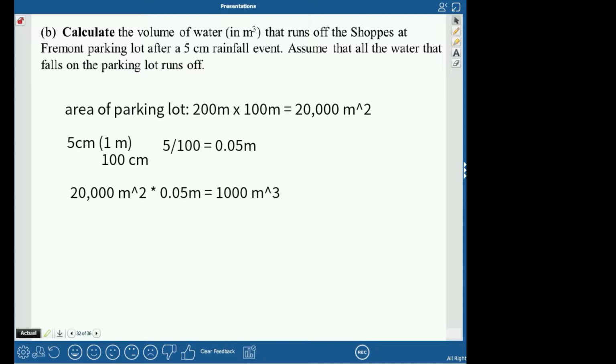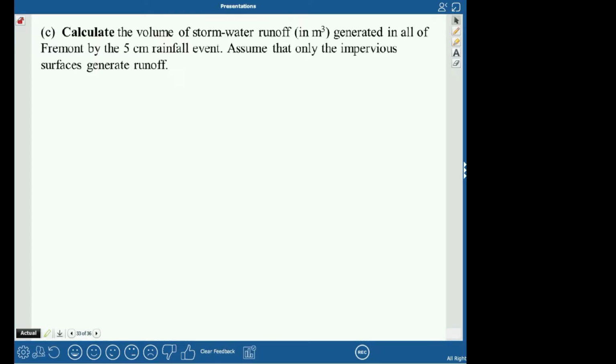So that would be this one, you would get full points, right? Because we showed our work and then we had our correct answer right here. You can show your work in sentence form, so you could say, the area of the parking lot is 200, and I multiply that by 100, which gave me 20,000. You could do it like that, but I think it's easier just to show the math than trying to write it out in a sentence, because you have to do the math anyway to get the answer, so you might as well.